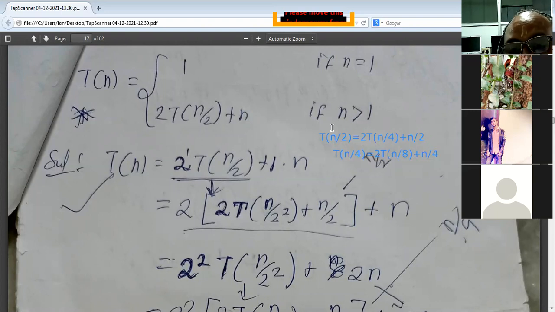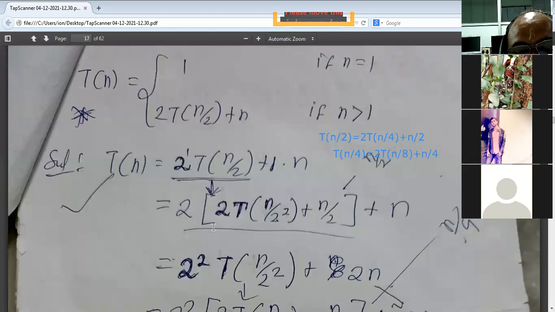Now I am saying that I got this value. Now what I want to do, this is my equation, Tn is equal to 2T n by 2 plus n. So this is my given equation. Now I want to substitute, instead of this T n by 2, this value. So 2 came in common, and now I substitute this value for T n by 2. I have written this value 2T n by 2 square plus n by 2 instead of this T n by 2, and plus n is written same as it is. Now again I got here n by 2 square. Now I will open the bracket.